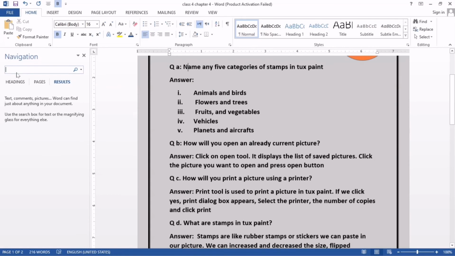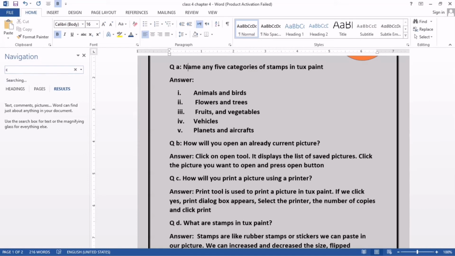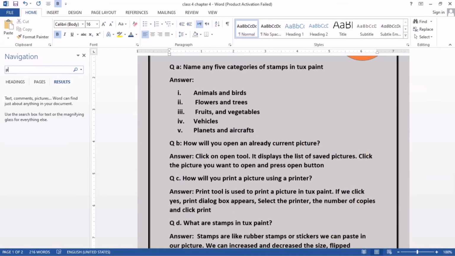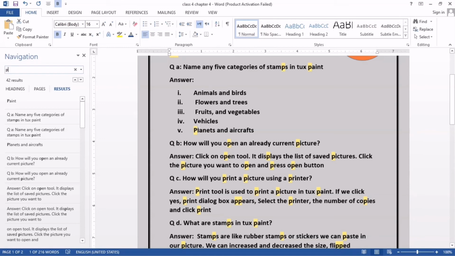For example, before this there is nothing. I write here, suppose P. Okay, you can see all P's are highlighted and they become yellow. So these results also appear where this P is used, and you can change it from anywhere. For example, you want to convert to capital P, so you change it from here. You just select P and change it.